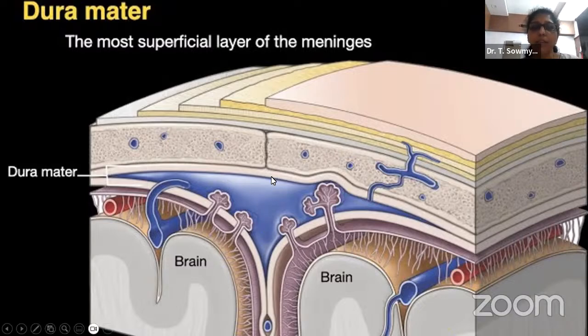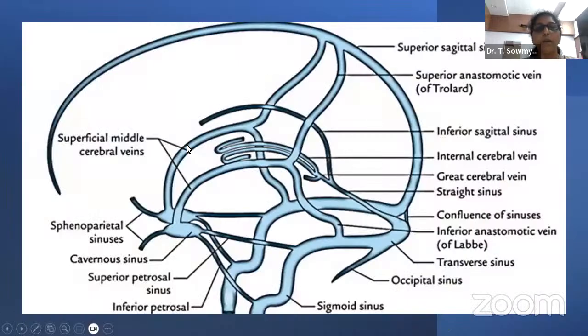Between the meningeal layer and the osteal layer the dural sinuses lie, and below the meningeal layer there is the arachnoid layer, where the arachnoid granulations protrude into the dural sinuses, with the blood vessels and the CSF in the arachnoid space, and below that is the pia mater. And going to the